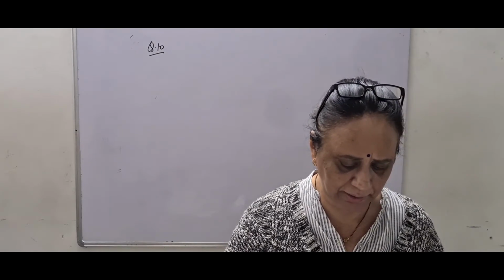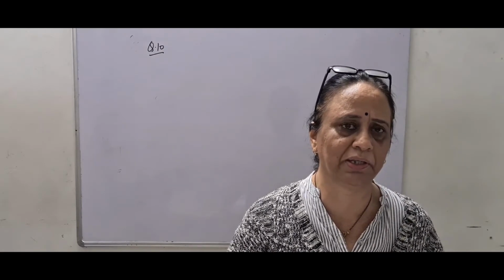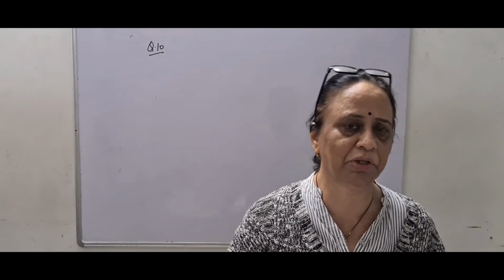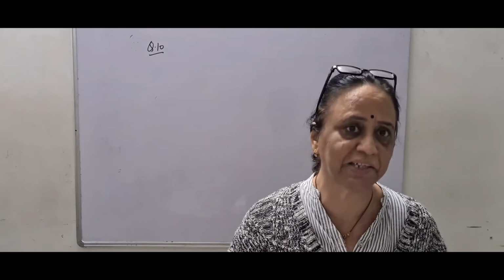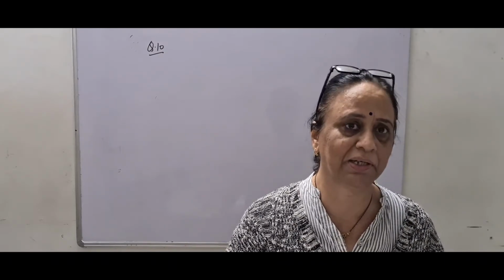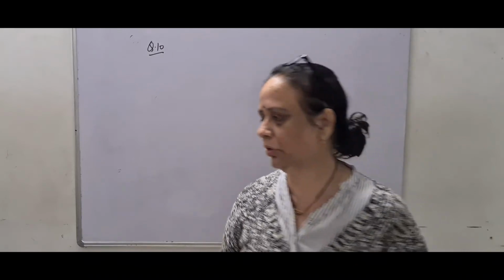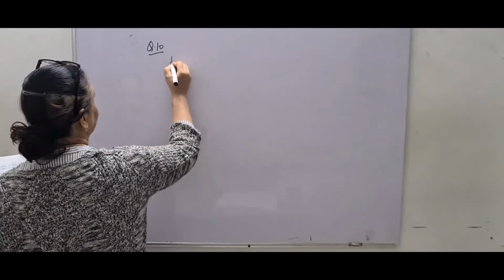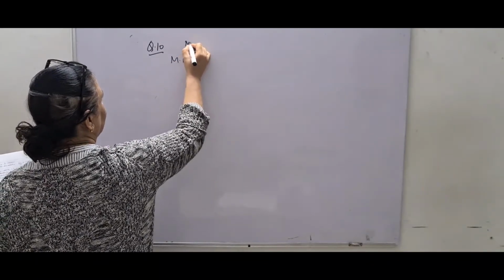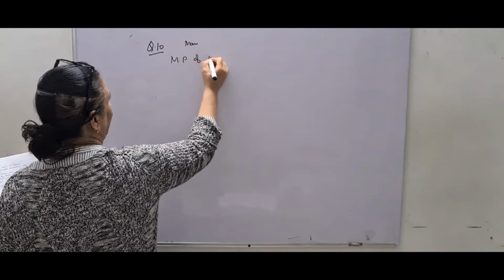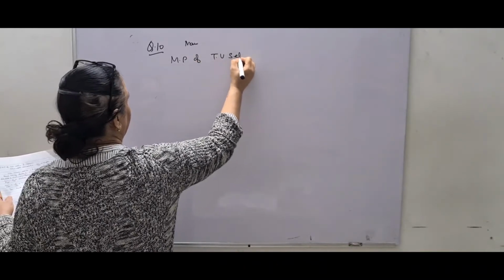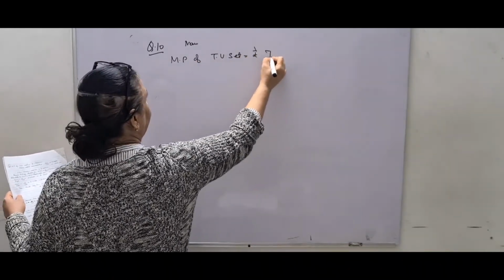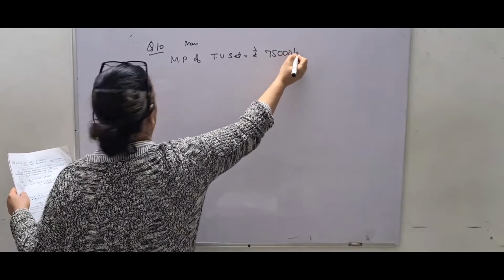Again he asks the tax paid by the wholesaler, that means B, to the government. Whatever tax I get at the wholesaler, that is the output tax, minus the input tax credit of A, is the tax paid by the wholesaler, that is B, at stage B. We'll go accordingly. Manufacturer's MP of the TV set first. MP means marked price of the TV set is equal to rupees 75,000.